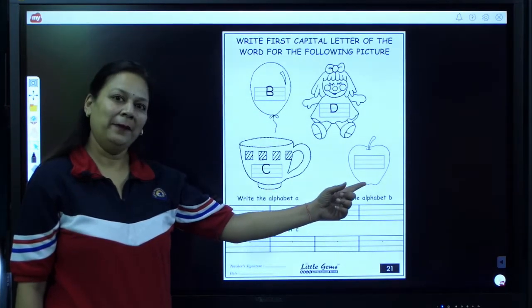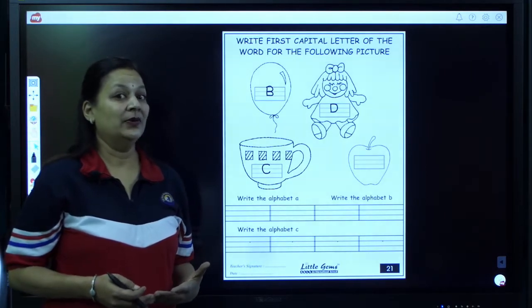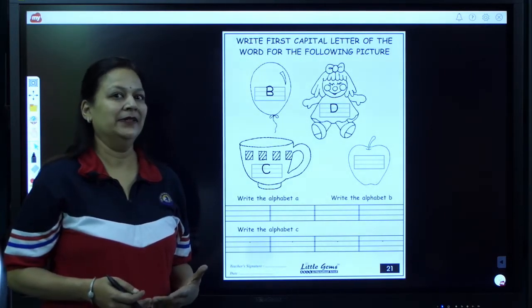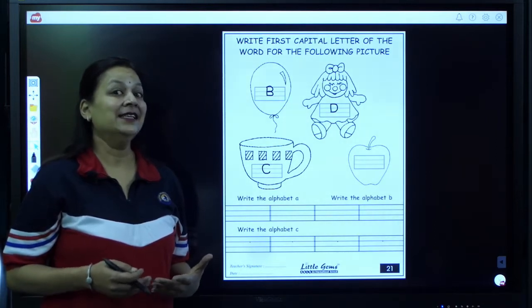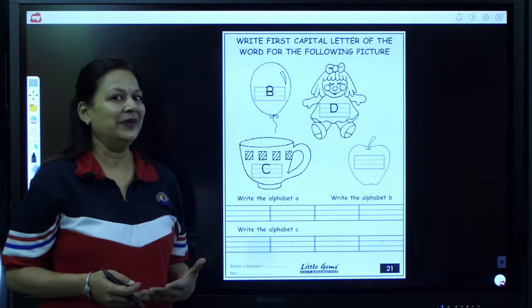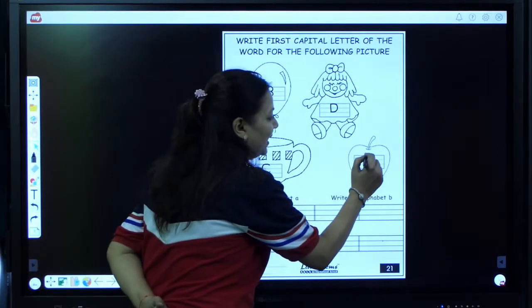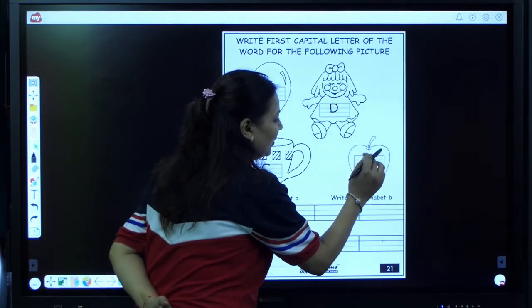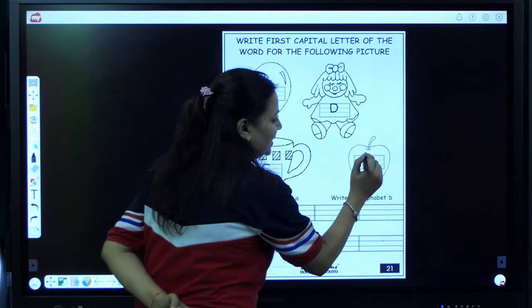Kiddos, which picture is this? It's an apple. Now listen to me carefully. The first sound of the word apple. So we are getting A. A as in apple. So what am I going to write? A. I'm going to write capital A. I have done wrong. So I will use eraser.